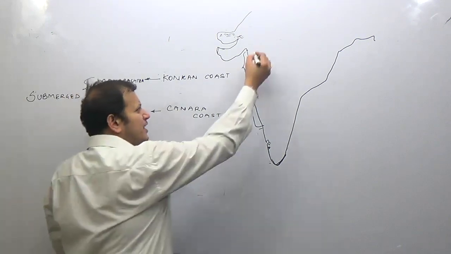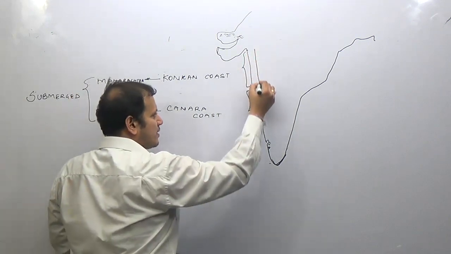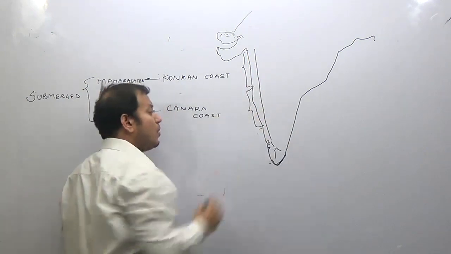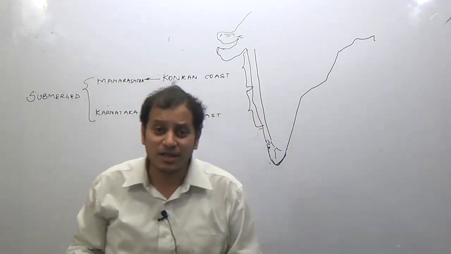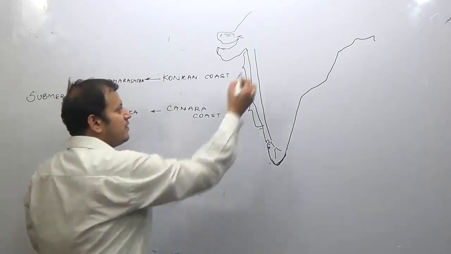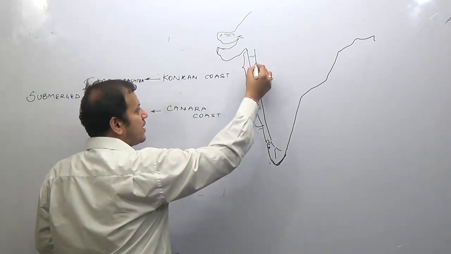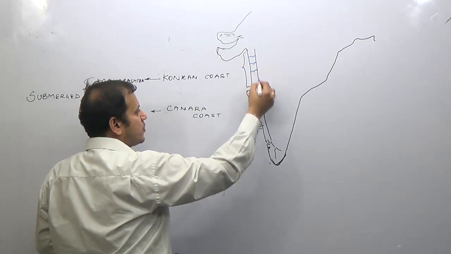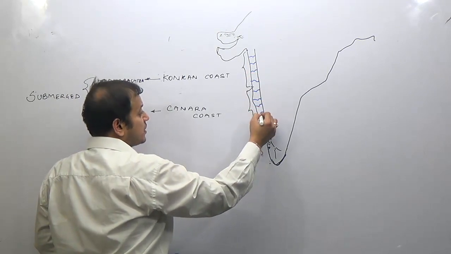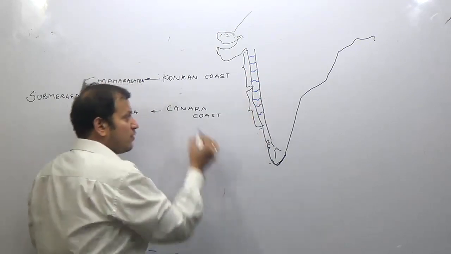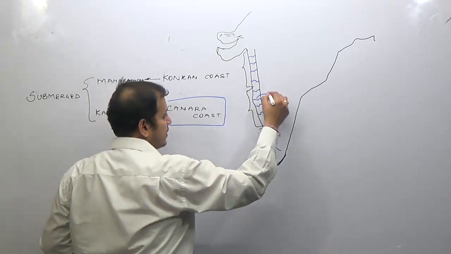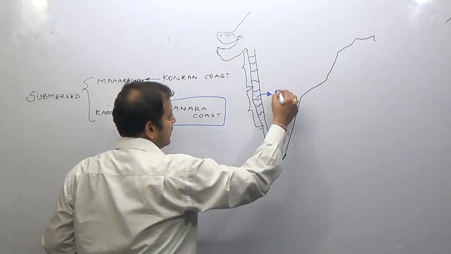Let us go a little bit back, and what is here? There is a continuous mountain system, known as the Western Ghat region. Now, in this coastline, from the Western Ghat region, numerous rivers originate and form a parallel drainage system and drain into the Arabian Sea, if you remember. Out of these numerous rivers, one of the rivers in the Canara coast is river Sharavati. The important river is river Sharavati.